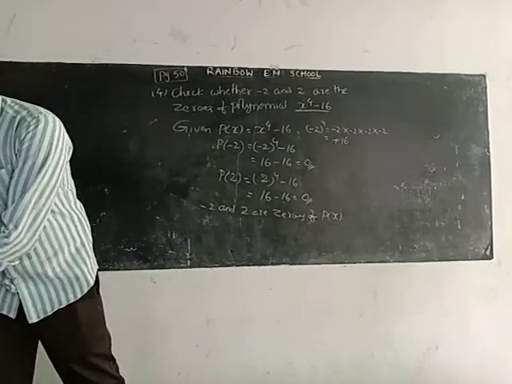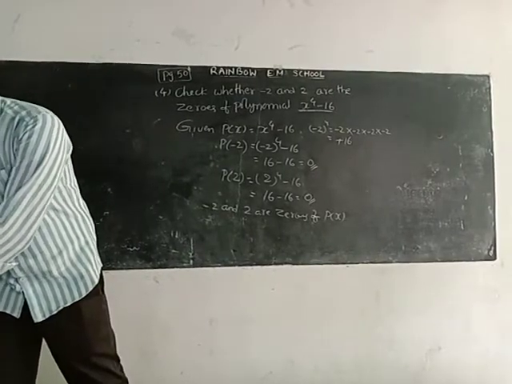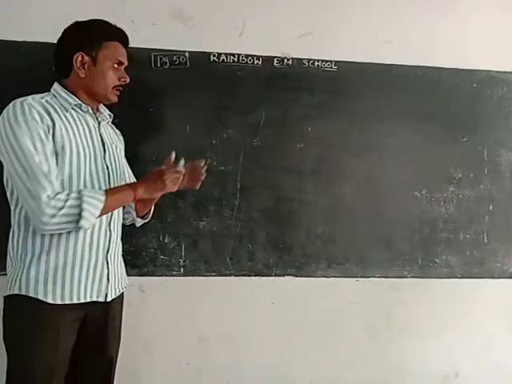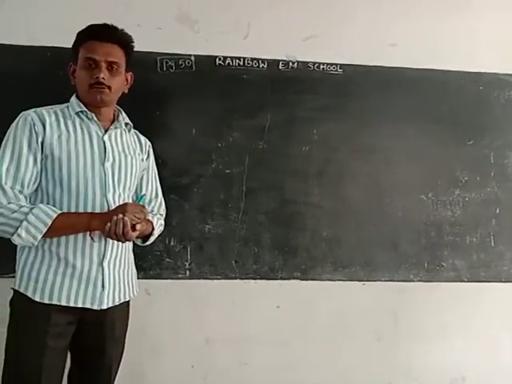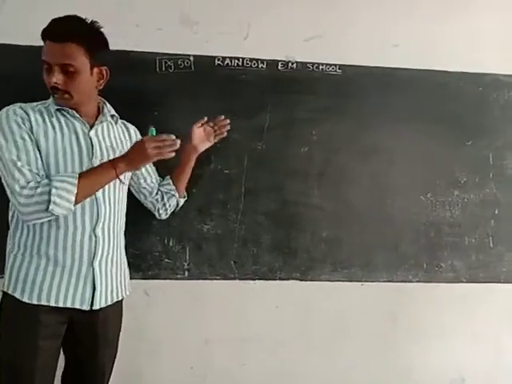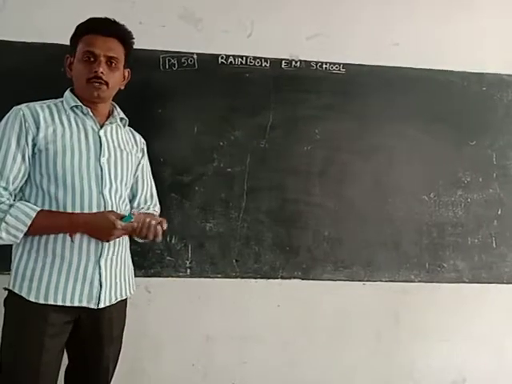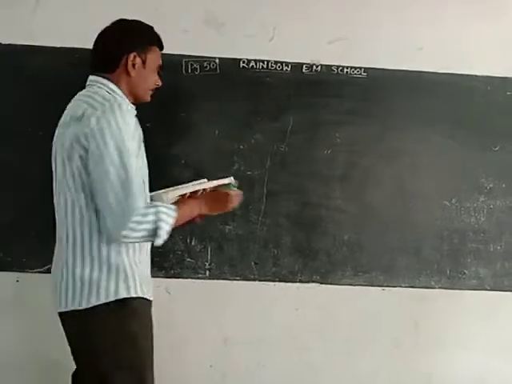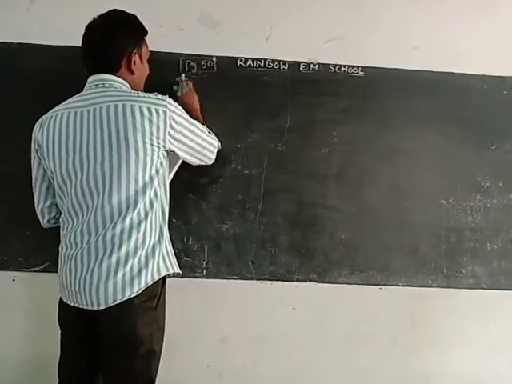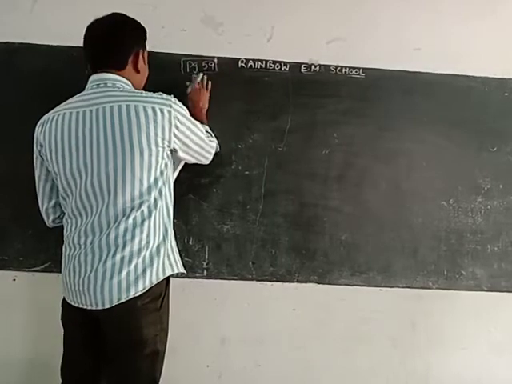Okay, similarly, in this model only, one more model we will do. By doing this model we observe whether the given numbers are zeros of the polynomial or not. Similarly, the third and fifth ones are the same model, do them yourself. Okay, next in page number 59, example 2.